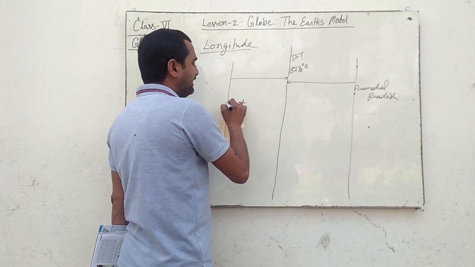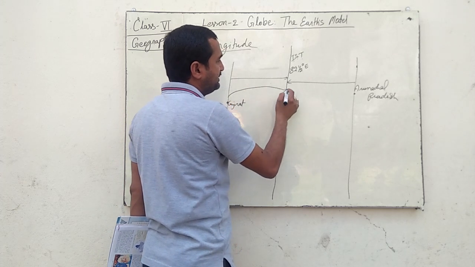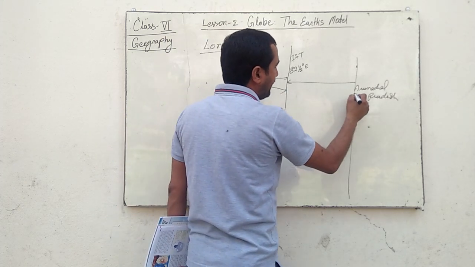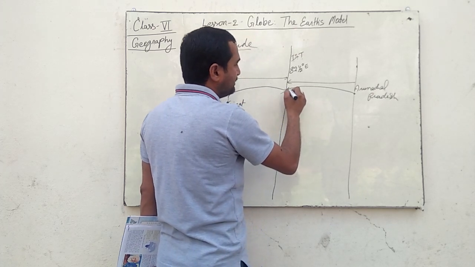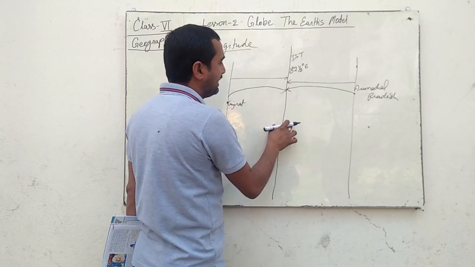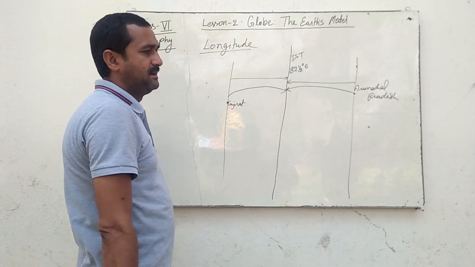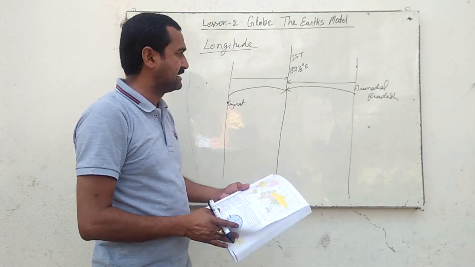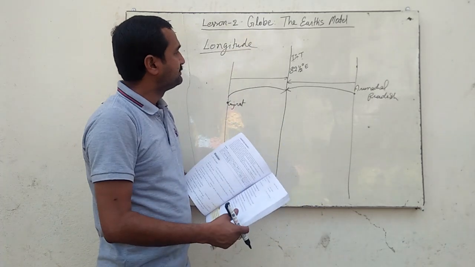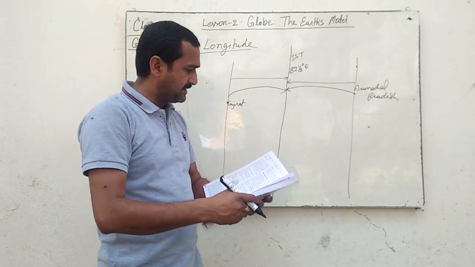Now the person in Gujarat will match his watch time from this longitude, and the one in Arunachal Pradesh will also match. So here both the times are matched. So this is standard time. People living in different places, if they match their watches to one longitude, then it is called standard time. I hope this chapter is clear.